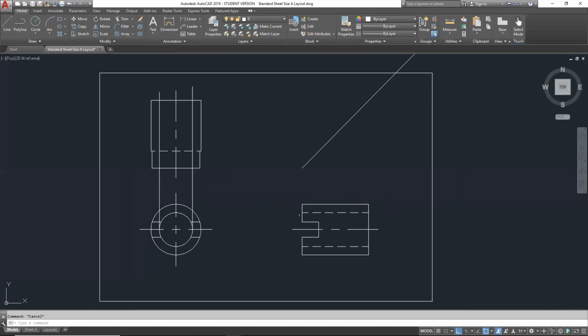Now, notice that the 12 o'clock position and the 3 o'clock position and the 6 o'clock position run from the front of the part to the back of the part. However, notice that the 3 o'clock position and the 9 o'clock position, which are on this line, they don't start until we get back to this line right here. Do you see that? Pay attention to this. The quadrant is on this line. And because this cut or this notch is in here, the quadrant doesn't start until we get to here, and